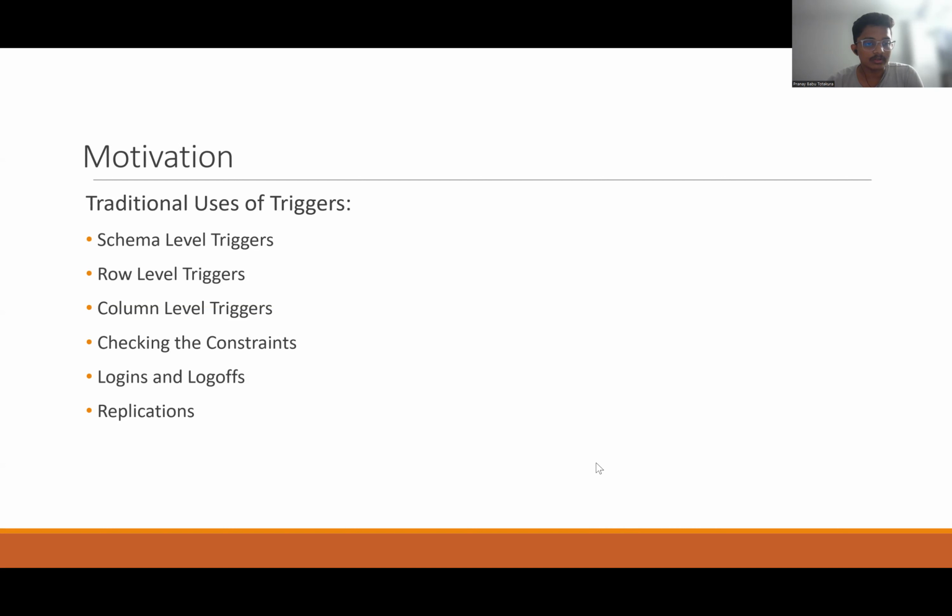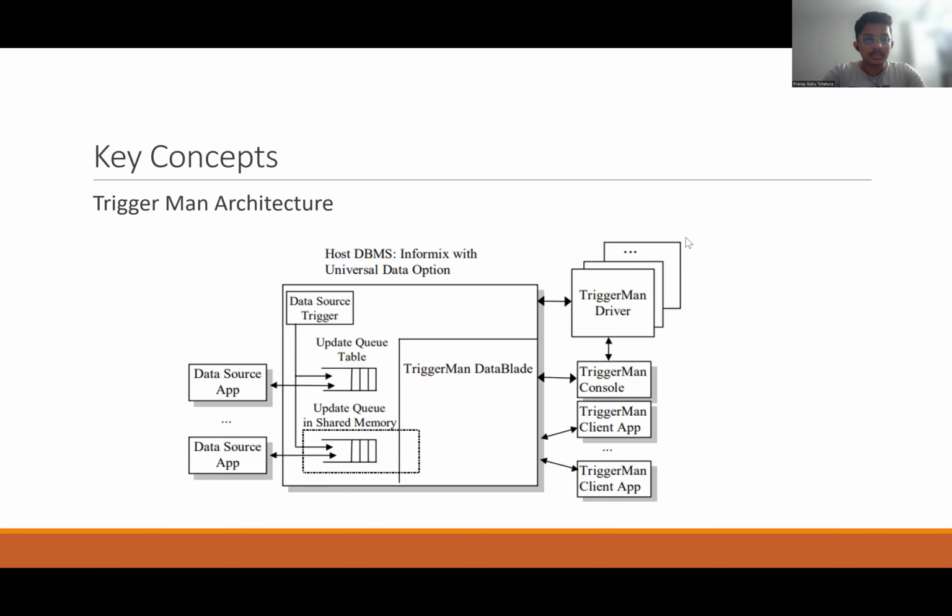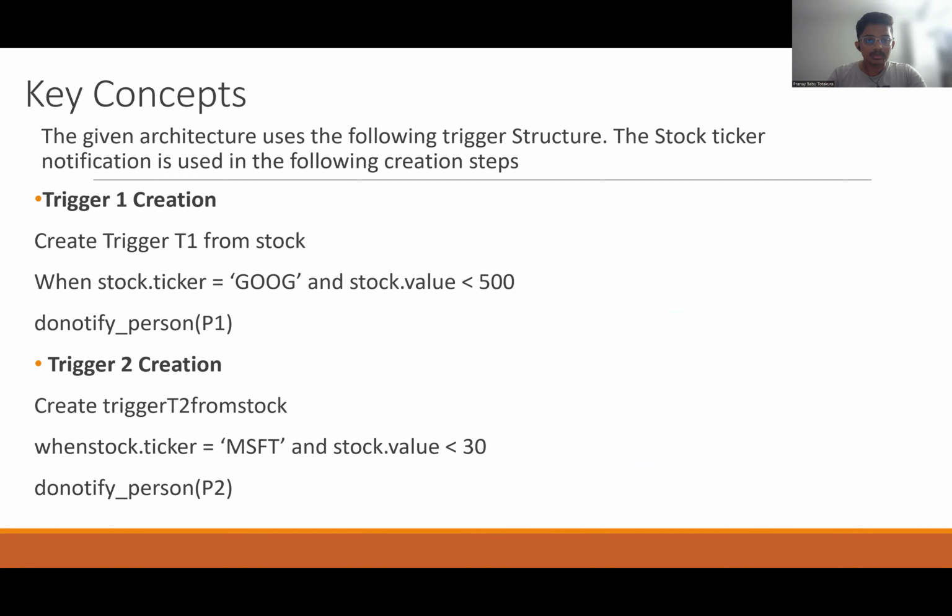And now, in the traditional uses of triggers, we check the constraints, we use the login operations and the log off operations, and also the replications of these operations are being used. The key concept used in this article is the triggerman architecture. In this triggerman architecture, we basically use four trigger creation steps, and these trigger creation steps use